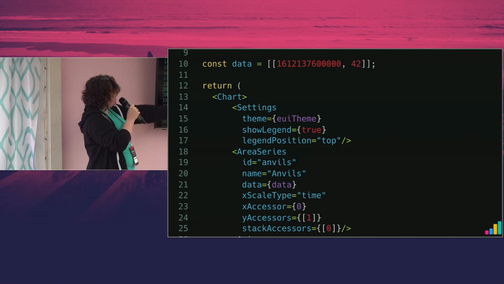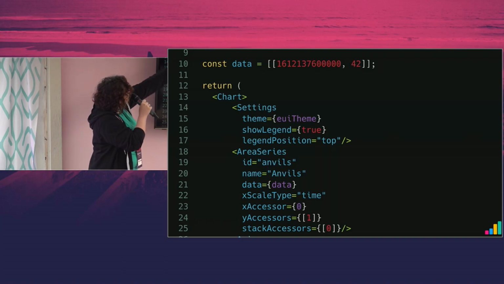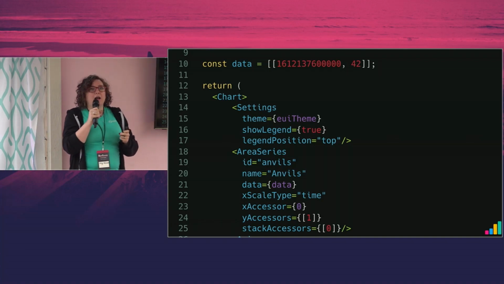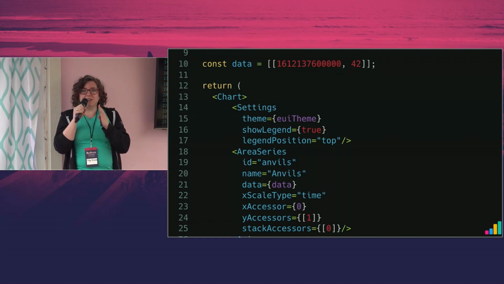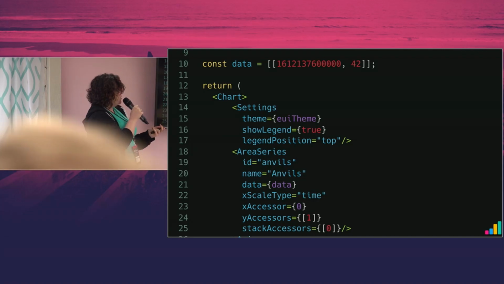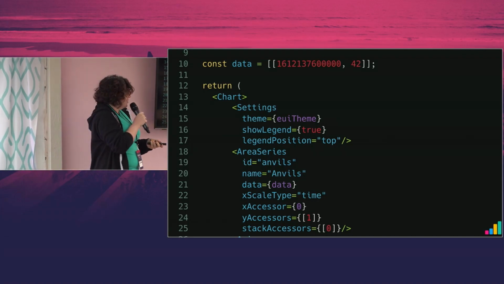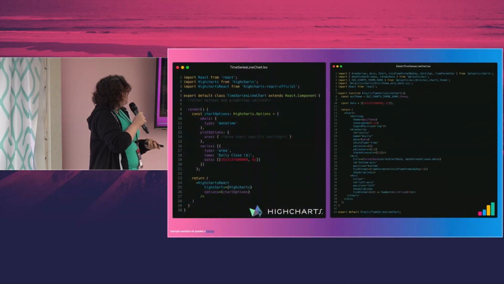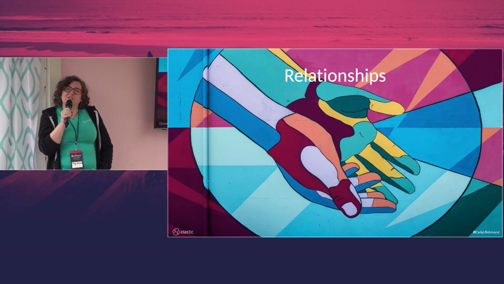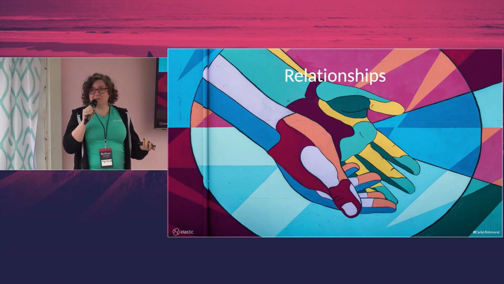You'll also see I've got my series defined. The data is represented at the top in the same fashion. It's that millisecond representation, and that works quite well. If I go back to Highcharts, if you have any missing data points, Highcharts is smart enough to figure that out and can show them as gaps. There's some examples in their docs on how to do that. Then you'll see that I've got the X scale type on line 22 just here. And that is set as time because we're dealing with a time series here. Simples.